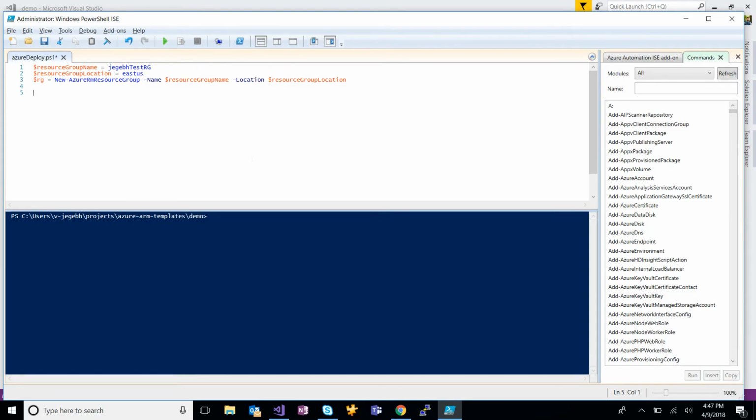So we need to actually deploy our template. First, we need to set a couple parameters that our template will use. We will use a hash table for that, and we'll just call it parameters. And if you remember, the parameters that we need to set for our template were storage account type,